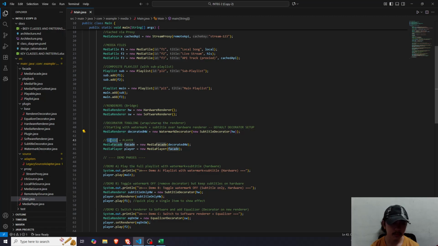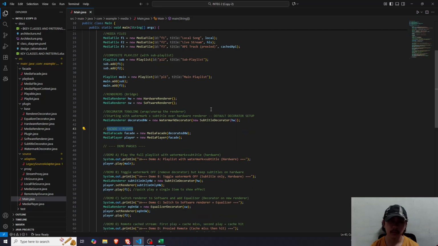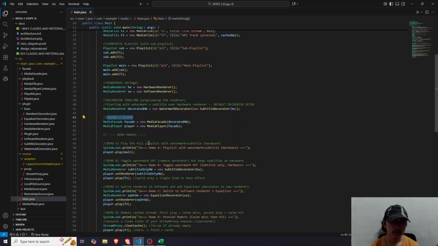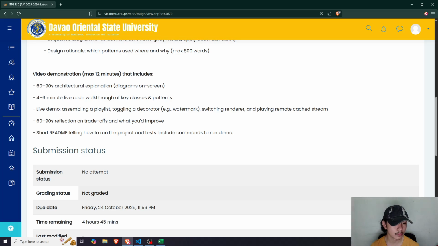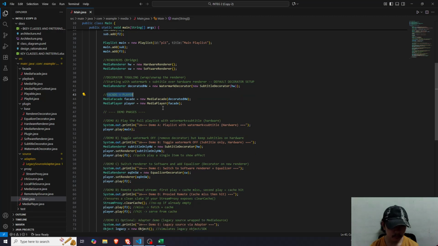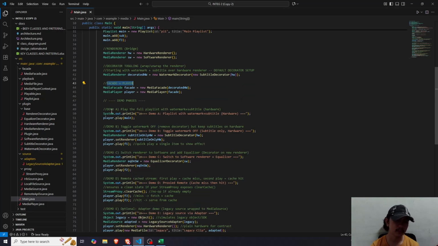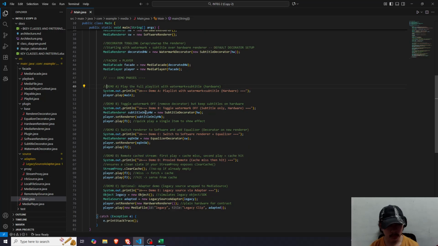And then the facade plus the player, and then here we have our demo faces. Before I proceed, I've preset a lot of demos here.